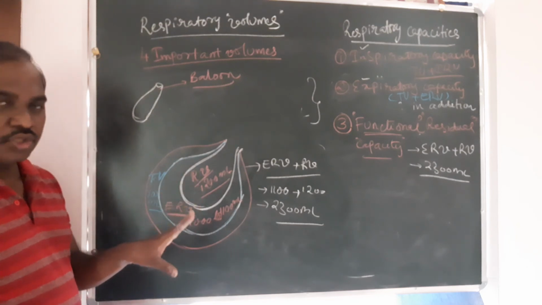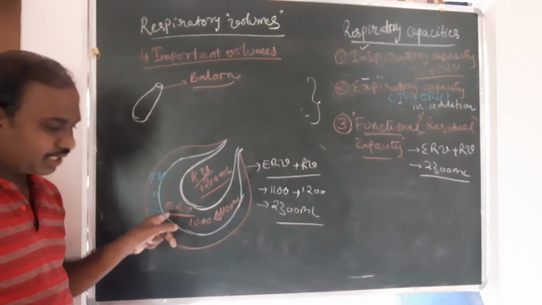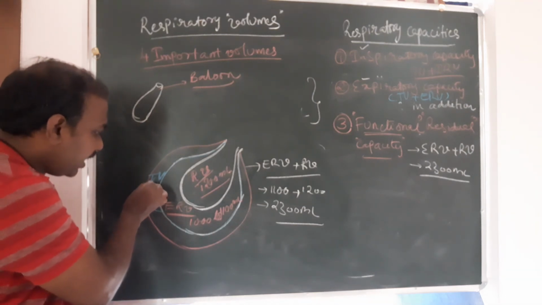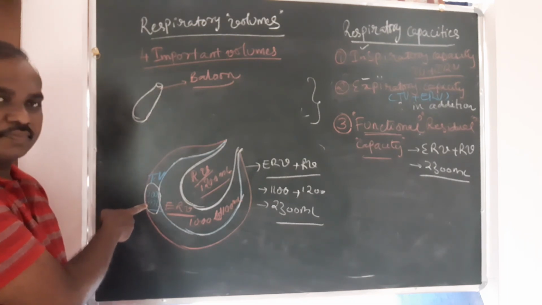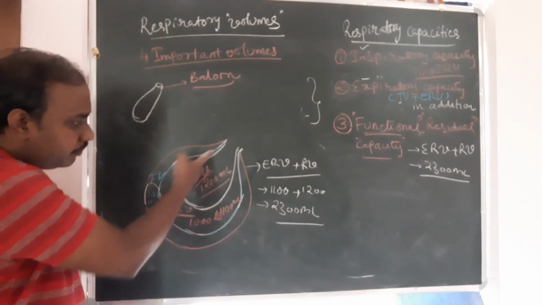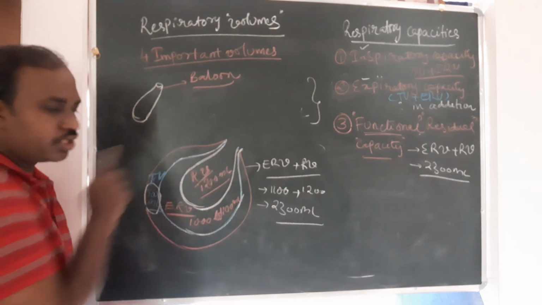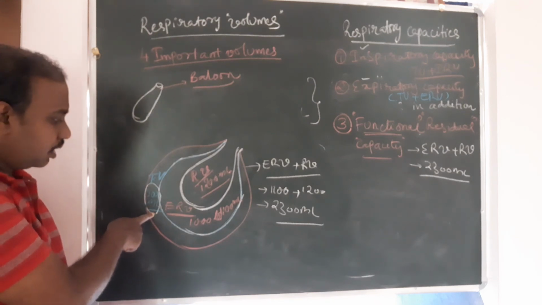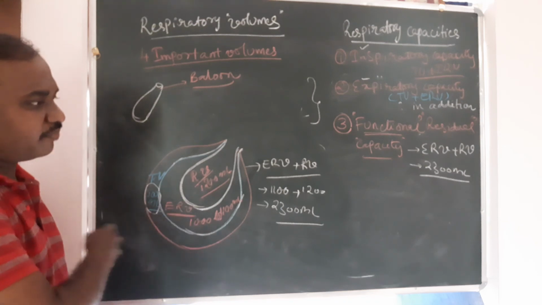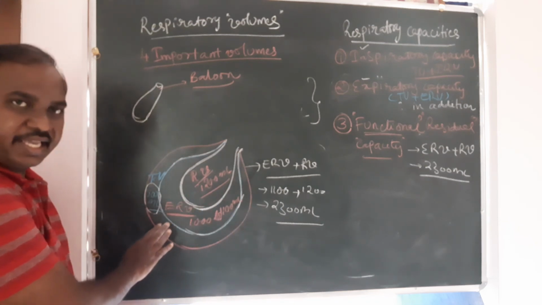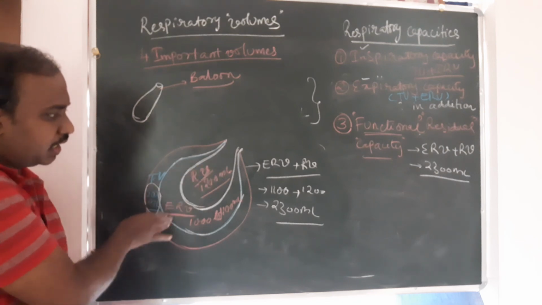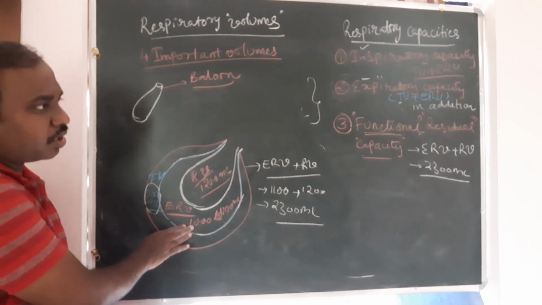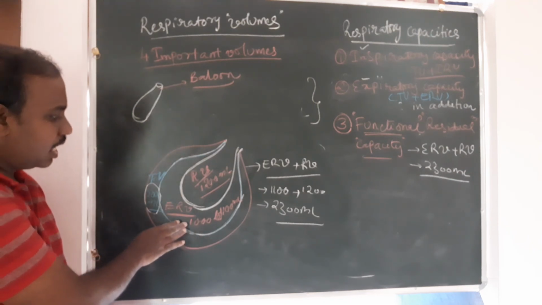Except those times, in the normal times when you are sitting and not doing any work, how much air is being exchanged? 500 ml. And is this volume of air disturbed? No, this is always present at the time of the tidal volume. When we are regularly breathing in or breathing out, this much air is always present. Right, this is not being disturbed. This is always present in the lungs.